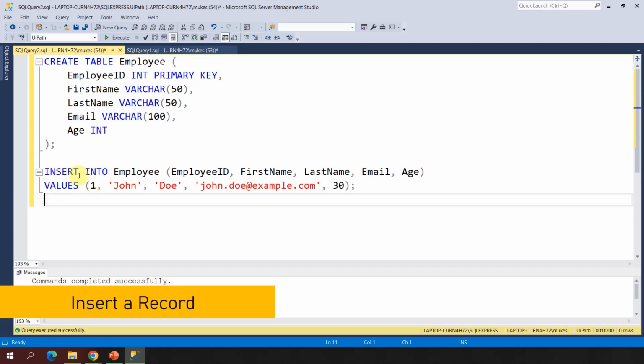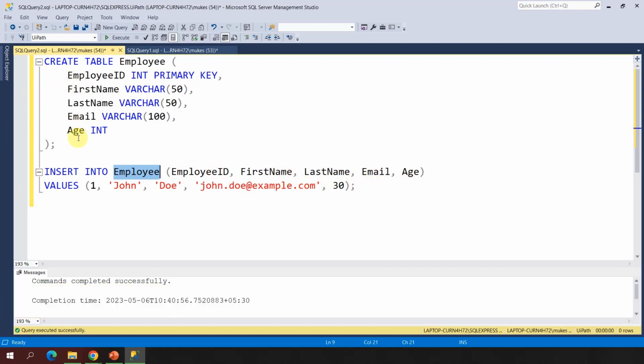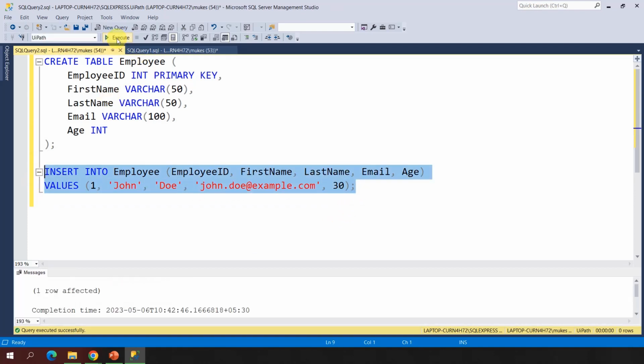So here I am telling the SQL server to insert into the employee, which is this table just created, right? Employee ID, first name, last name, email and age, these are the same columns here, and the value for employee ID I am giving as 1, then name, last name, this is the email ID, and this is the age, right? If I go and say execute, you will notice that one row has been affected,